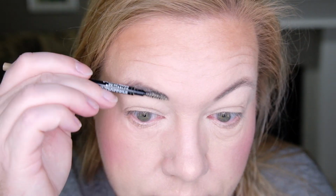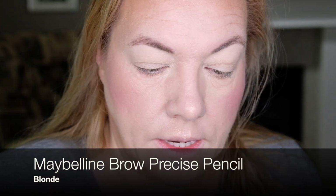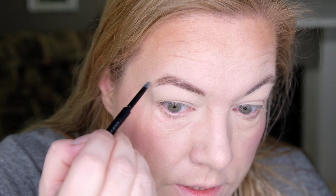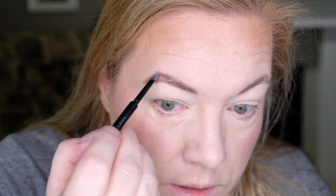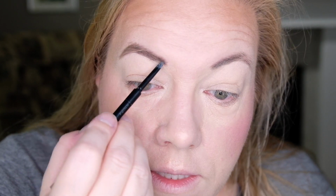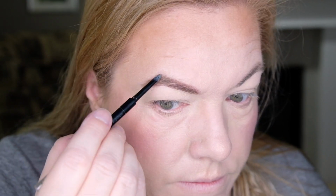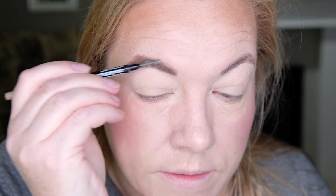First I'm going to use the Maybelline Brow Precise Pencil. And then I just do a little bit of my brows. I don't like my brows to be too crazy, so mostly here on the back and the arch and the end of the brow. Light feathery strokes. And then underneath here where it's a little sparse, a little bit up to here where it's a little bit sparse too. The arch. Good. And then I brush it through to distribute the product more and to give it a bit of shape,